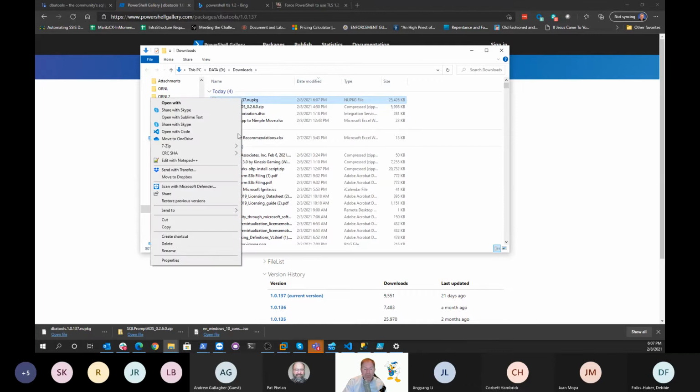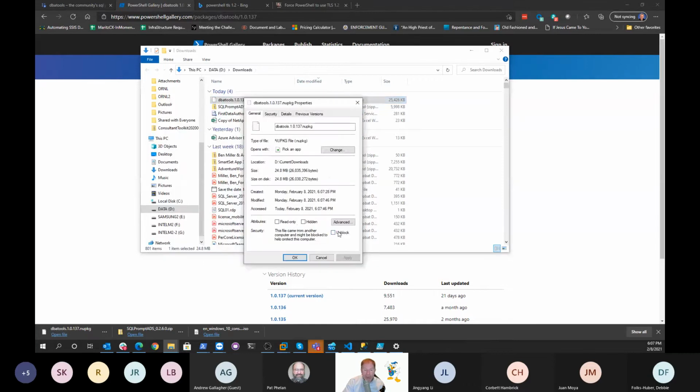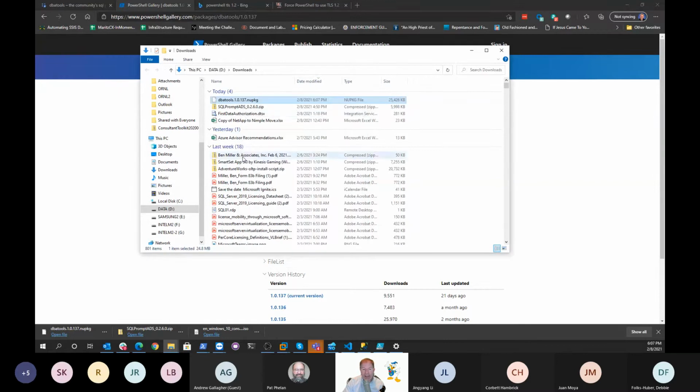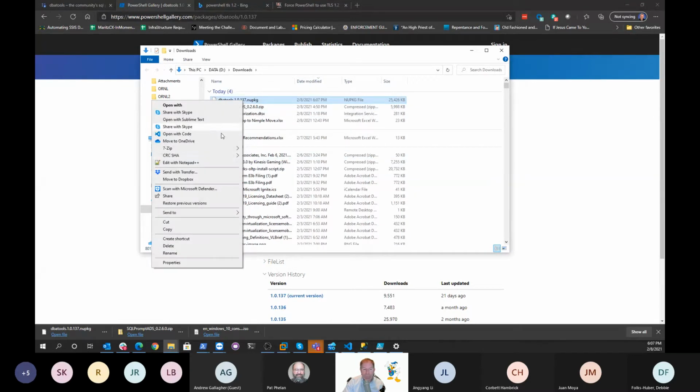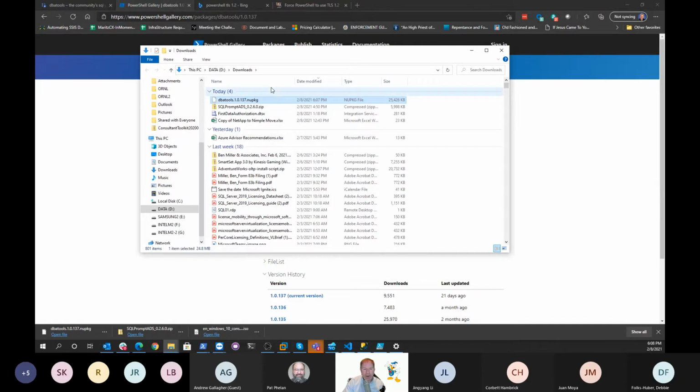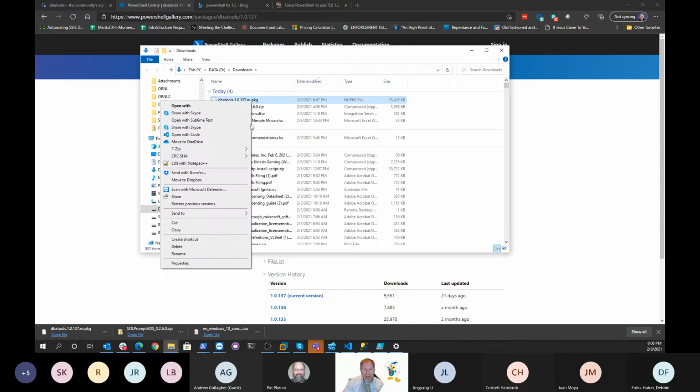Now I can right click on this. You must do this or else you're in trouble. Same with zips. Anything you download from the internet, unblock it. Click OK. And now watch. If I open this, how do I open a .nupkg file? That's not going to work. It doesn't have an icon, so it doesn't have a default program. But watch this. Take this .nupkg,